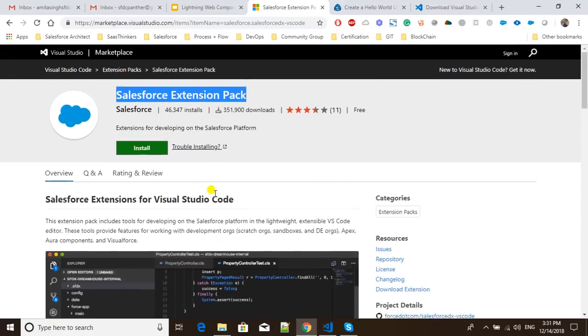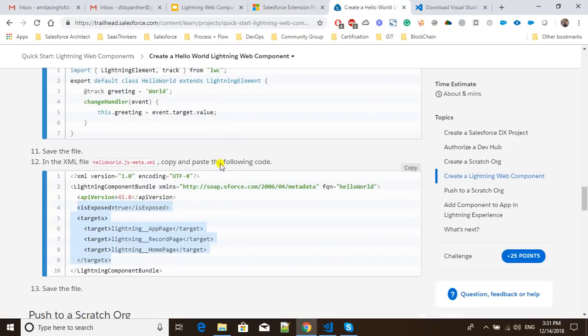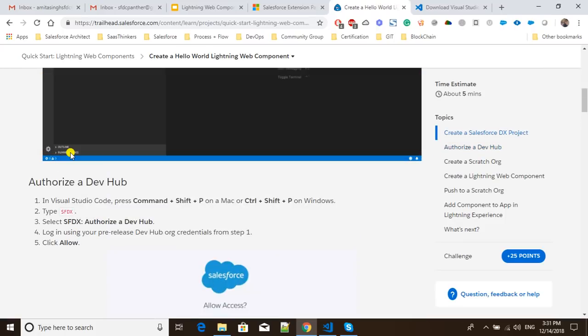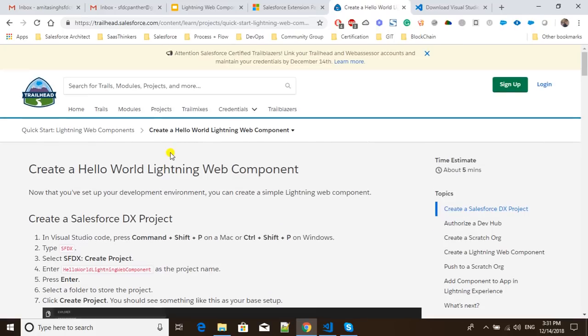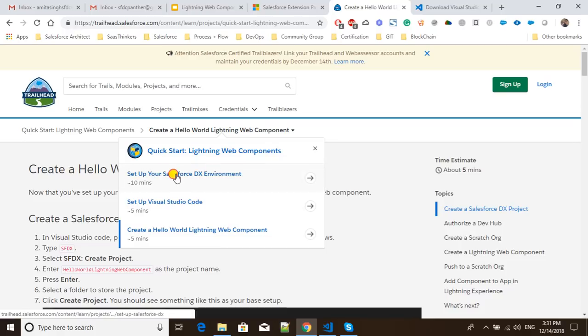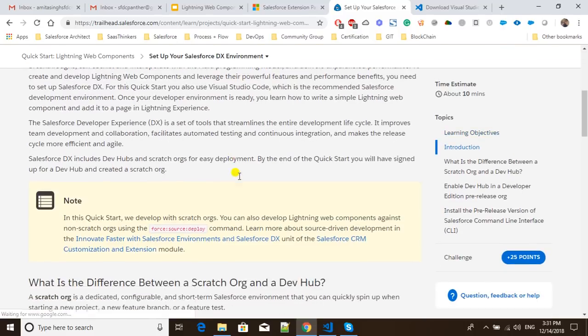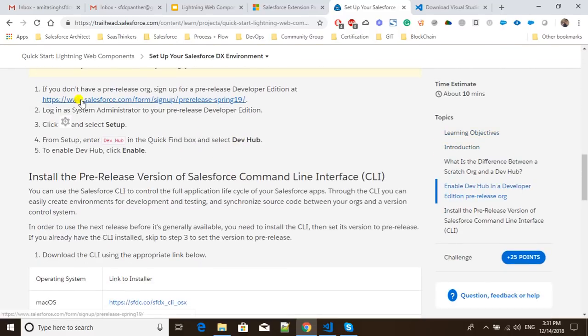So for that, what you need to do is go to this trailhead, the Quick Start: Lightning Web Components. You don't need to worry about where you will find the link; I'll share it in the description of the video. You can just click on this. On the first trail, the first module, you will get the link to sign up for